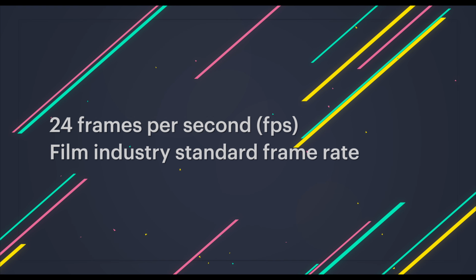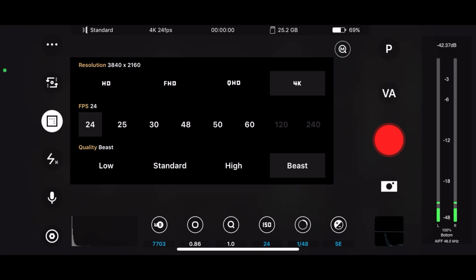So it looks cinematic, again, because we associate it with the cinema, just like the widescreen aspect ratio. There's a link to a clip from Gemini Man in the description, and that's in 60 frames per second, and it looks weird. Watch it and let me know. So we should just set the frame rate to 24 frames per second.